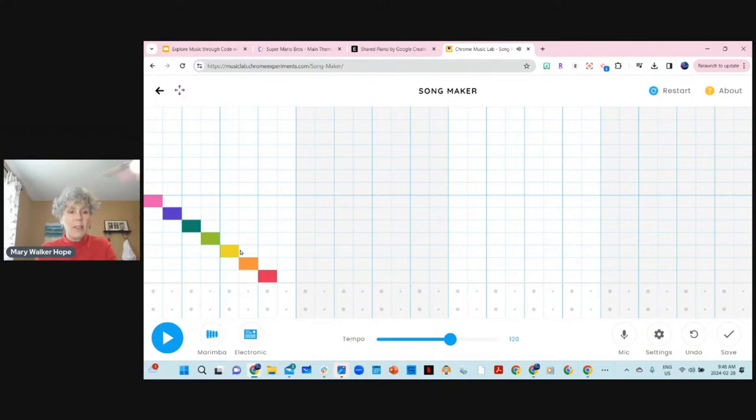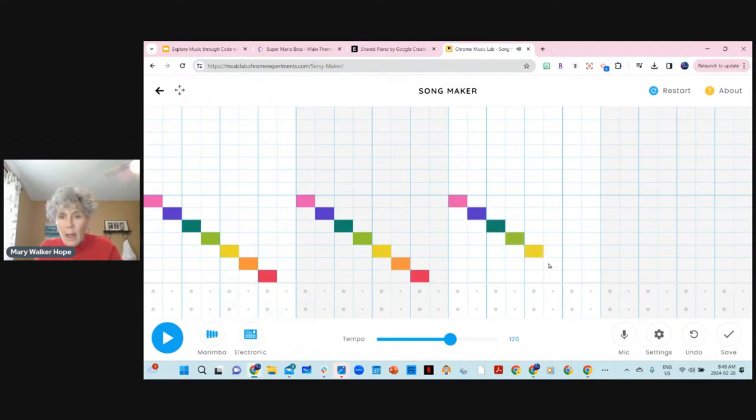Now, I'm going to take this pattern, and I want it to repeat. So I'm just going to play it first. All right, I like that. It's just a descending arpeggio there. Not arpeggio, but a descending line. And I'm going to make sure each time I start on my very first beat, and I'm just adding them